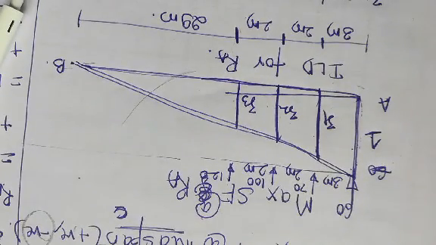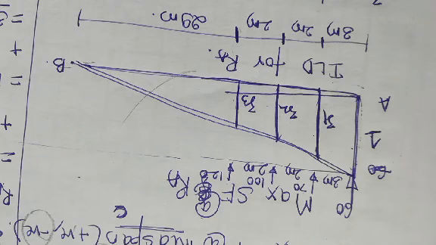So to get absolute maximum shear force for RA, the tail of the load should be on A point. This is the influence line diagram given for reaction RA. 60 kilonewton is the tail of the load. With respect to 60 kilonewton, we have to arrange the other loads, that is 70, 100 and 120 kilonewton. Now for 60, since it is at A point, the ordinate is 1. For other loads, I have named them Z1, Z2 and Z3.